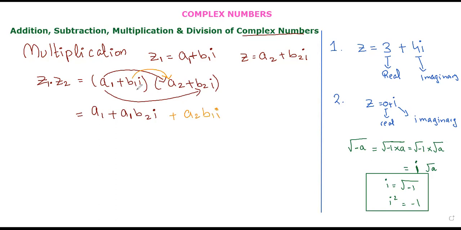And then this, what is it? b1 iota into b2 iota. Any questions so far? Okay, so we have a1 plus a1 b2 iota plus a2 b1 iota plus,